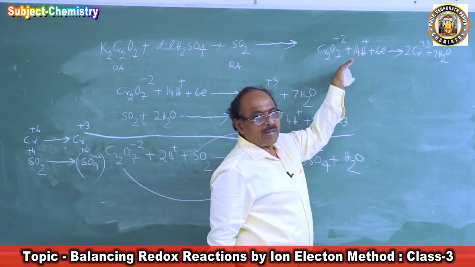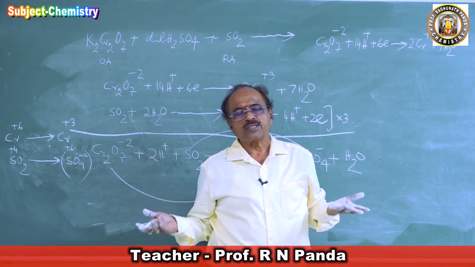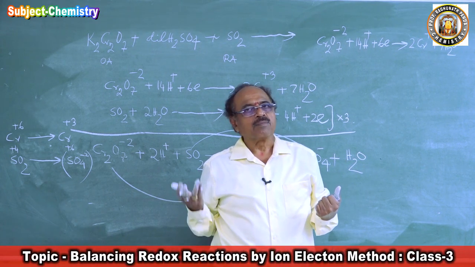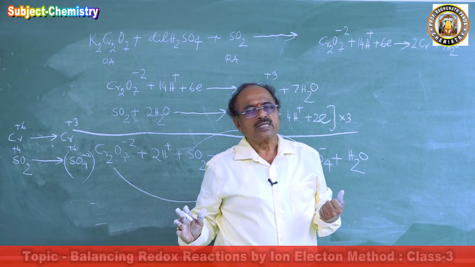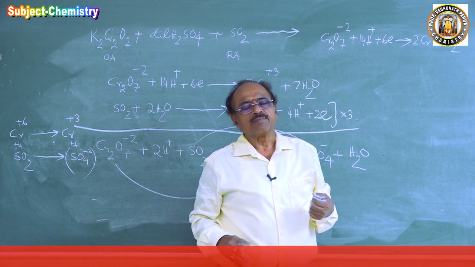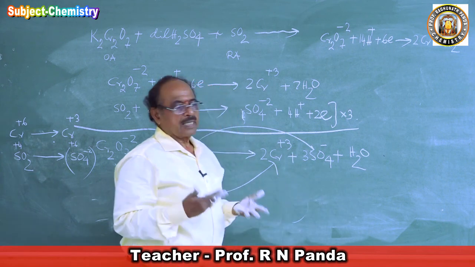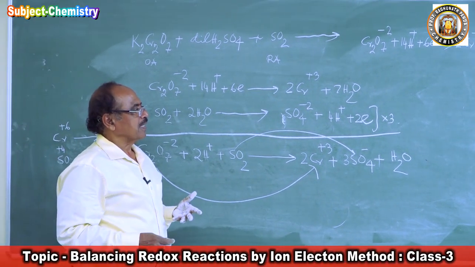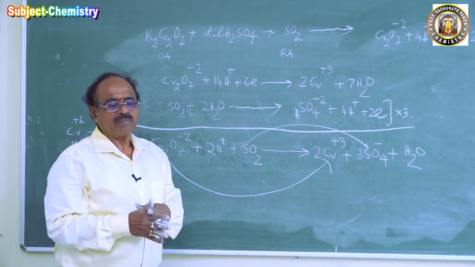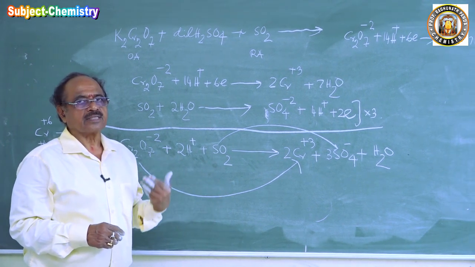Now we will be balancing a few reactions for potassium dichromate. Our standard equation will be Cr2O7^2- plus 14H+ plus 6e- forms 2Cr^3+ plus 7H2O. For potassium permanganate, MnO4- plus 8H+ plus 5e- is equal to Mn^2+ plus 4H2O. These are the two standard equations. If by practice you can capture them, you can do it wherever there is a reaction. Thank you students. Next class I will be doing some reactions involving potassium dichromate, concentrated sulfuric acid and concentrated nitric acid.